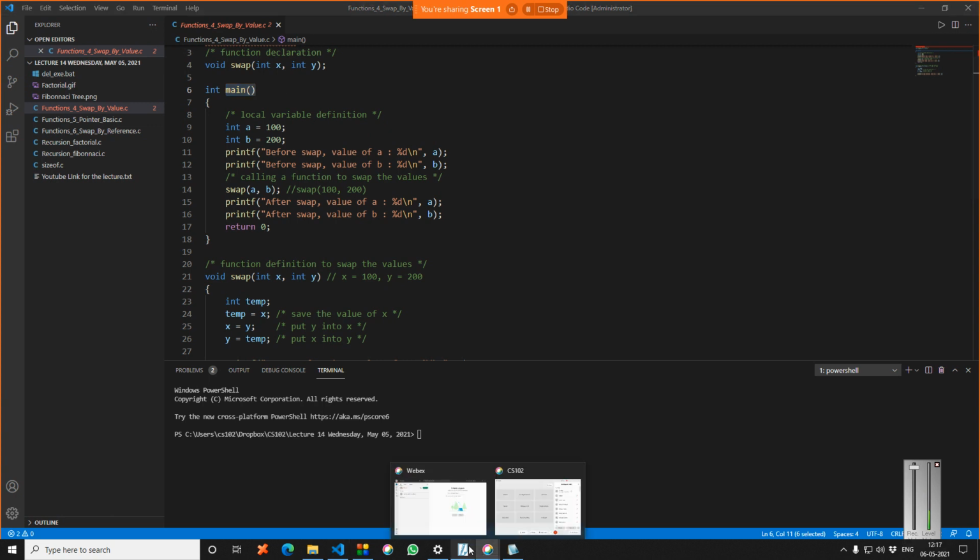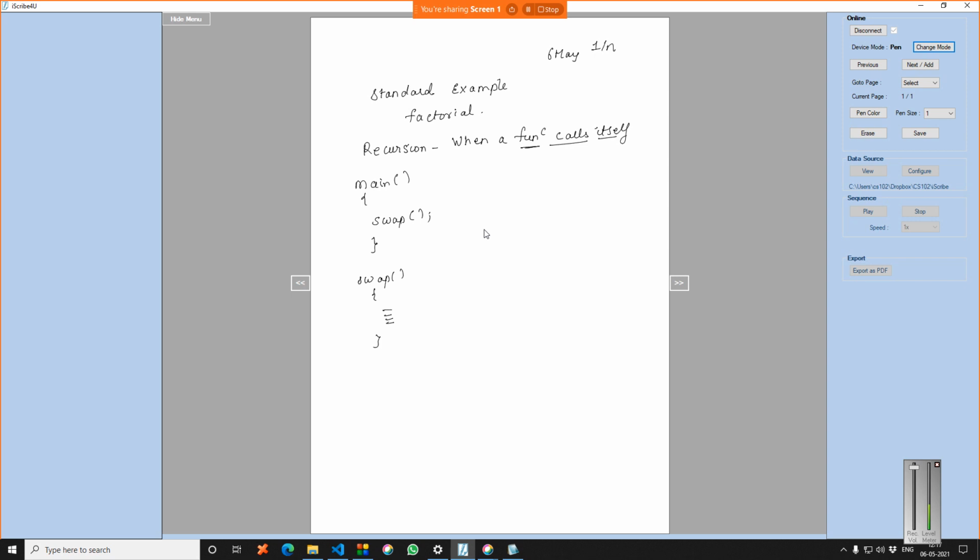Let me just show you on the whiteboard. We have the main function that is actually calling the swap function. The swap function jumps outside the main, does the operation and returns back to the semicolon point, right? Now what happens as against this in recursion? We will see it later, but an example of recursion is factorial.